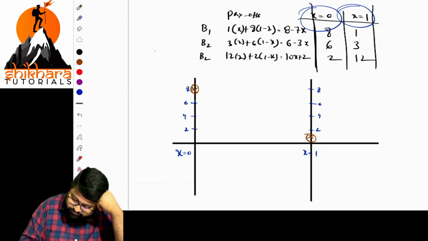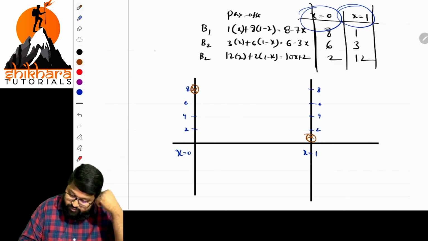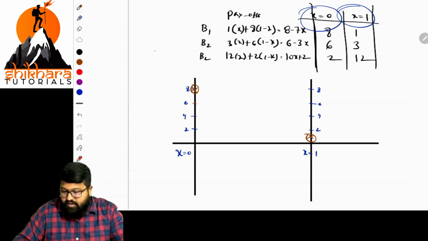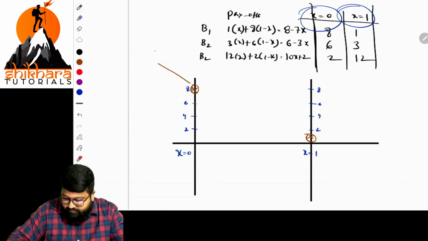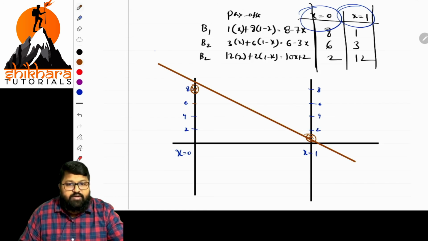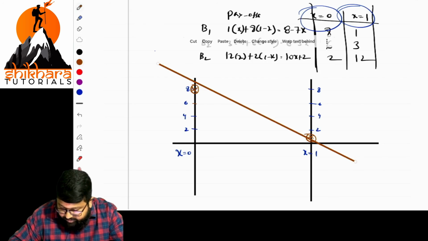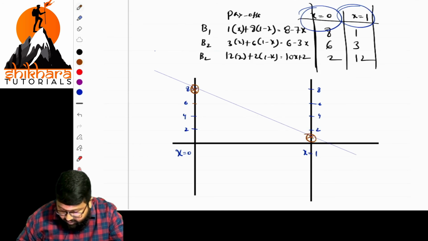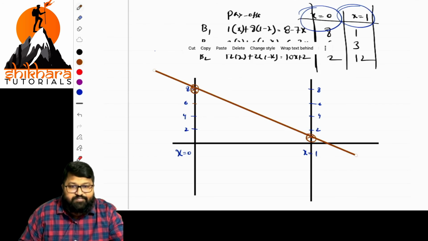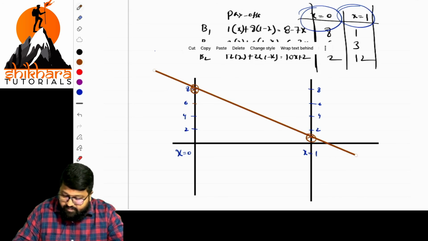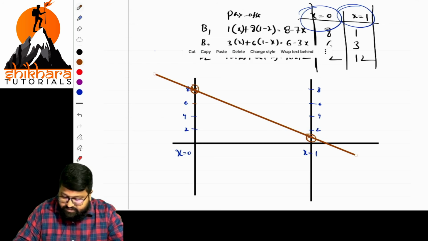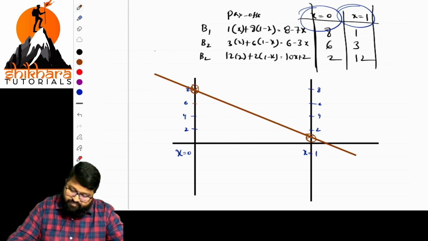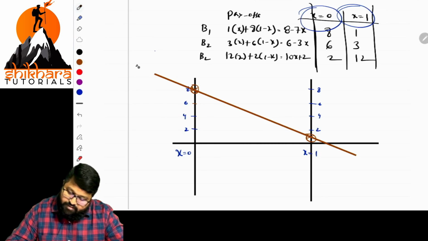Next, what about the other case, ma? Next, 6, 3. So let us join first to avoid the confusion. Let us join the line with a straight line. Joined. Is it joined, ma? Yes, it's joined. But this point should be perfect. So draw the graph perfectly. If you draw the graph perfectly, it will be very, very good for you. Next, what is the next line, sir? This line is represented with the letter B1.